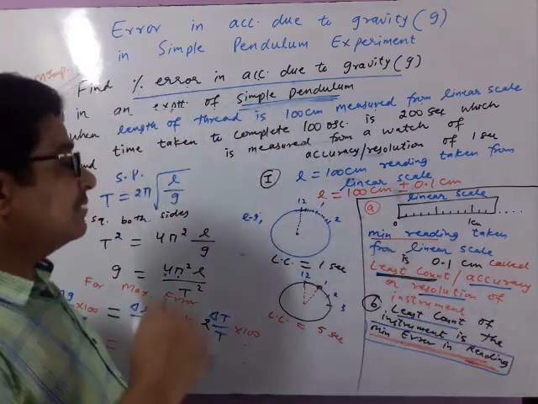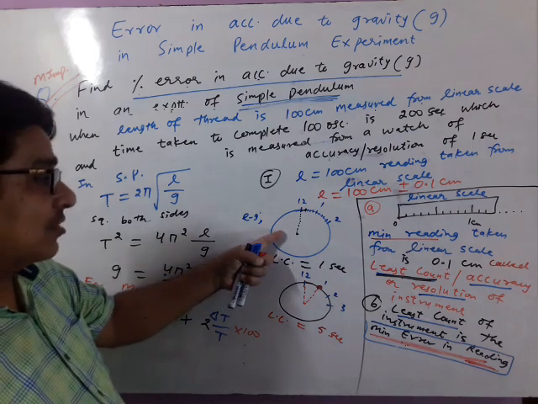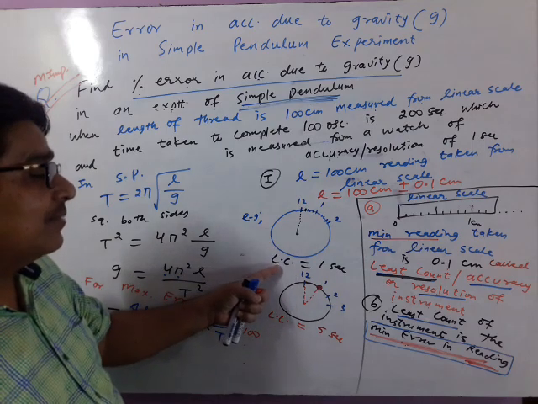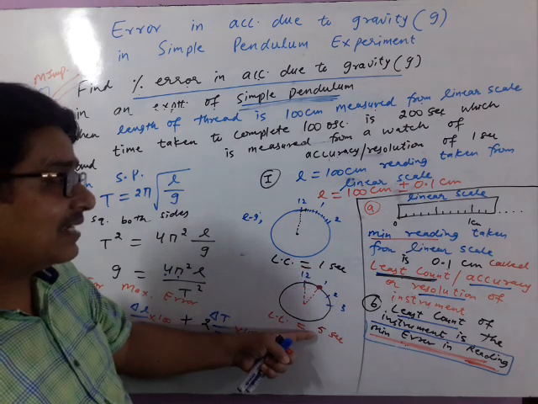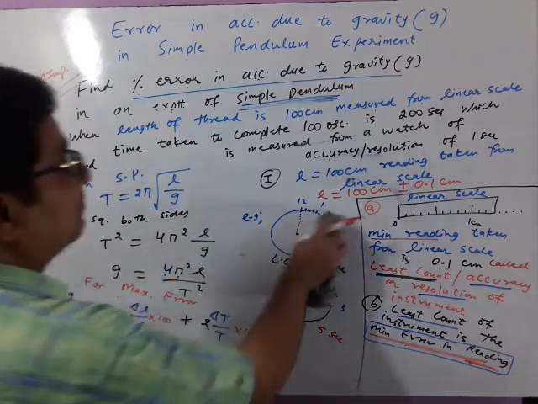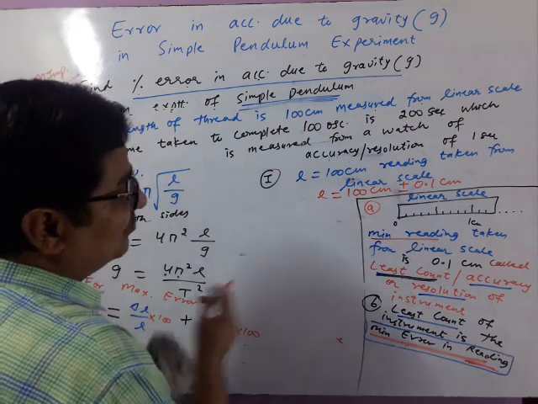Similarly, if I take reading from this clock, minimum error will be 1 second. And from this clock, minimum error will be 5 seconds. For example,